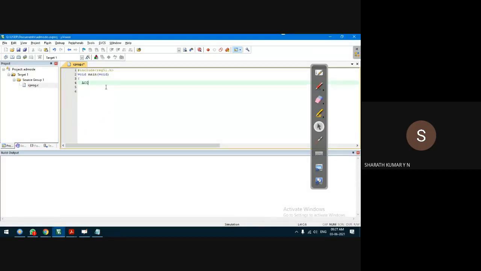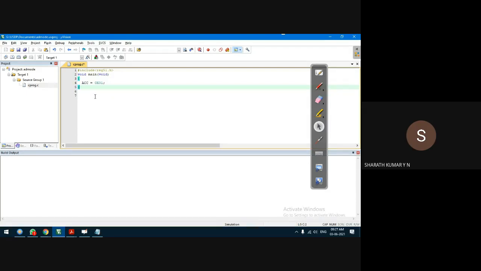I want to transfer data to the accumulator. Just be careful about uppercase and lowercase, because C language is case sensitive. 0x for the hexadecimal, and 01 the data. So this is the program we are writing, and the end of the program. That's all.